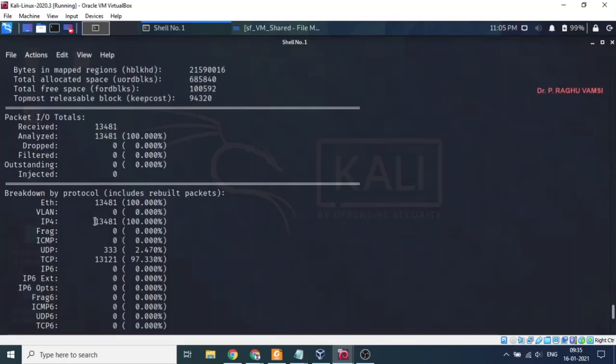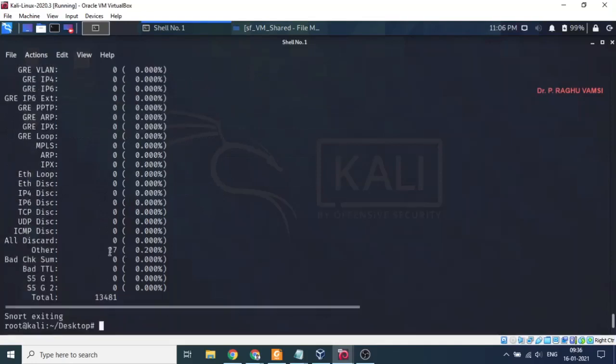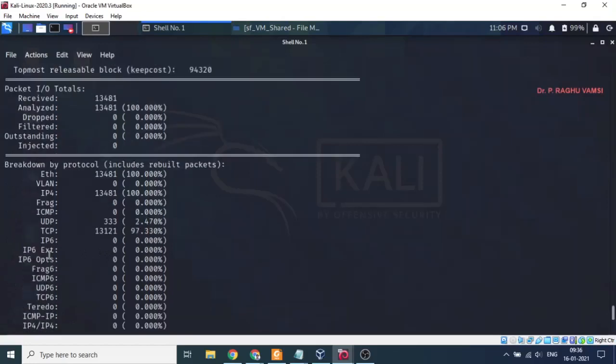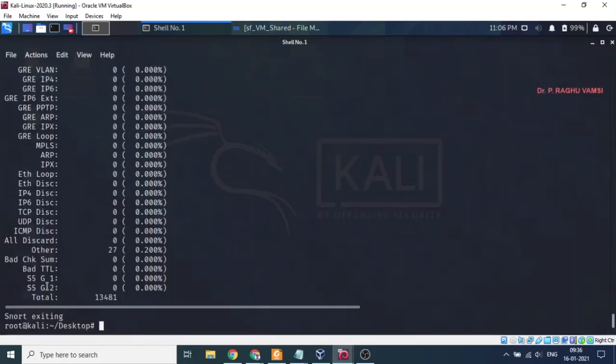In this, IPv4 type packets are 13,481. UDP packets are 333. TCP are 13,121. And other packets are 27. That means the other packets are some fishy thing, because whatever you got in the traffic may fall in any one of these sections, but you got some packets which are other than these.